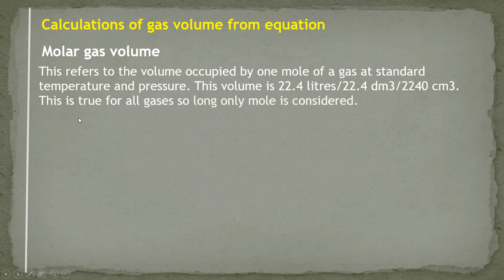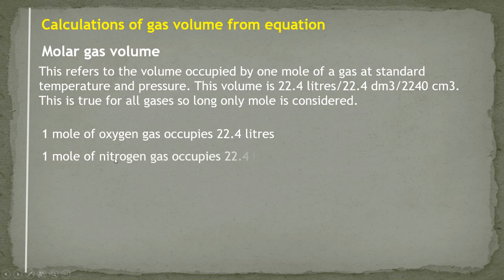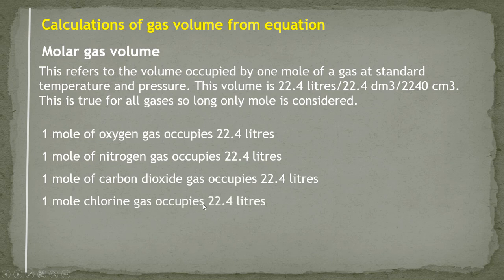This is true for all gases as long as the mole is considered. 1 mole of oxygen occupies 22.4 liters. 1 mole of nitrogen gas occupies that. 1 mole of carbon dioxide occupies the same. 1 mole of chlorine occupies 22.4 liters. So 1 mole of every gas will occupy the same volume, and based on that,